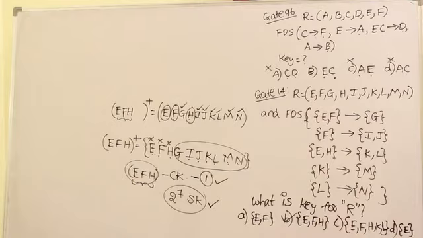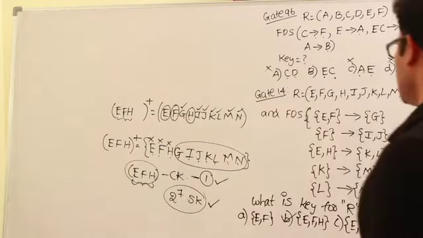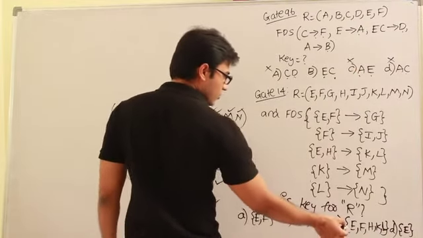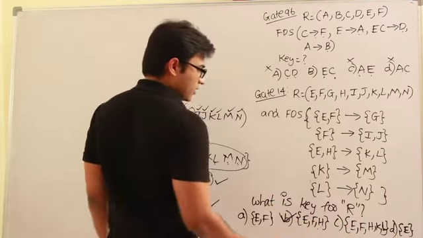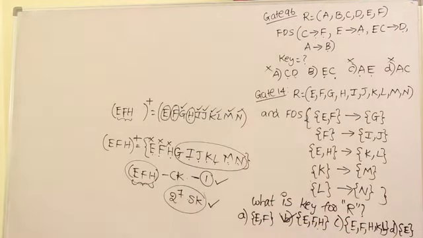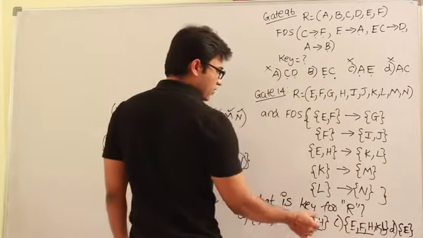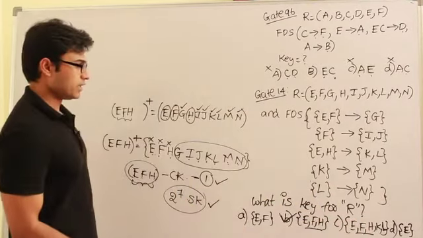In the question they asked, given the set of dependencies, what is the key, right? They asked for the key and they didn't mention which key it is, right? So the candidate key is going to be this and the super key is going to be this, E, F, H. I think option C is going to contain the same thing, right? Option C is E, F, H, K, L. I don't know if it is a typing mistake here or they have given EFH. If both of them contain EFH, both of them are qualified to be the key, right?